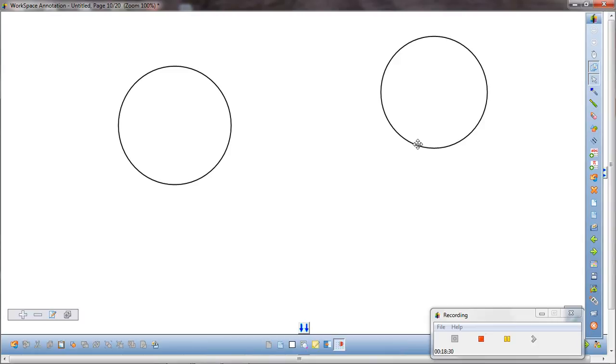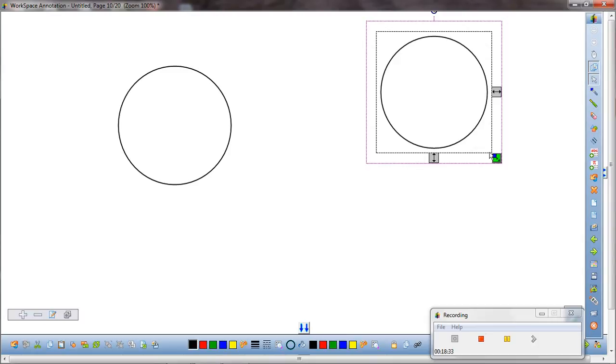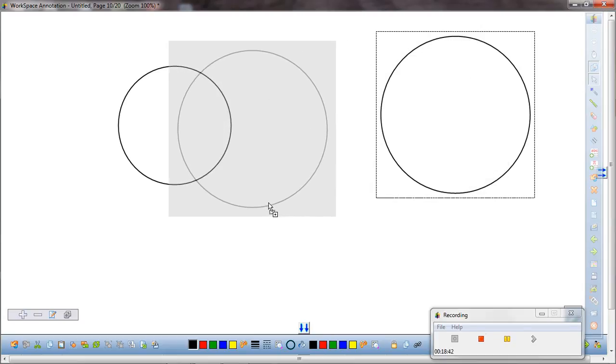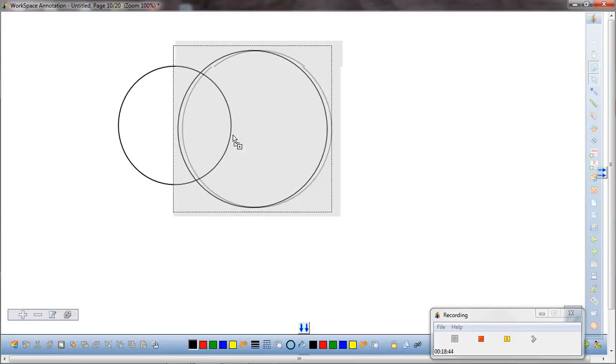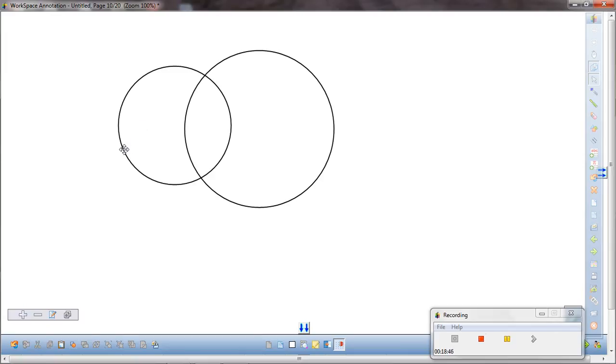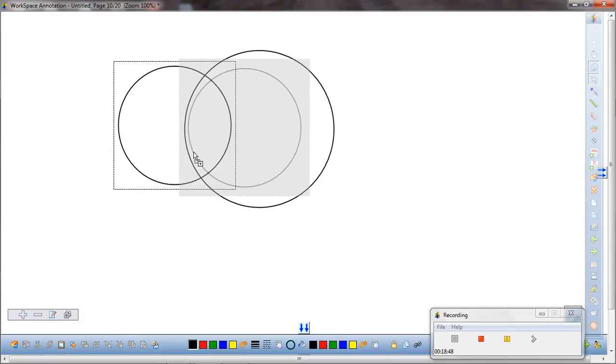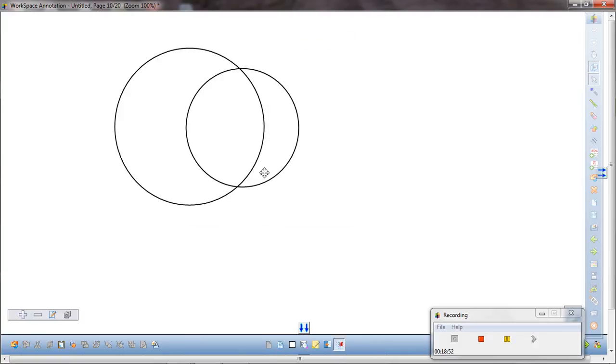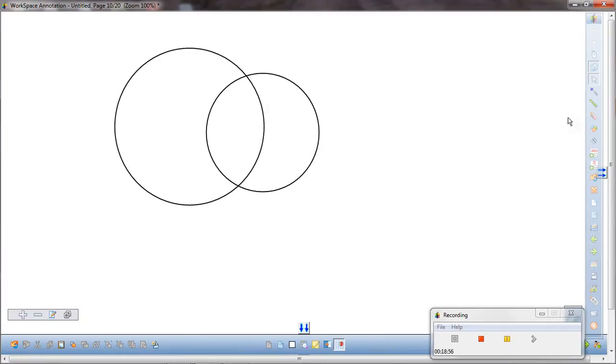Okay, once you've drawn the circle, if you click on the cursor, you can change the size of the circle. You can move the circle around. You can rotate the circle, which doesn't really show up with the circle, but I'll show you that with another shape in a second. So this would be great for making Venn diagrams, or making charts, graphic organizers, things like that. It's very, very easy to use, and again, of course, you could use a pen to write